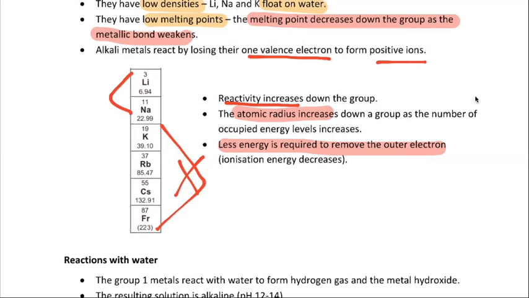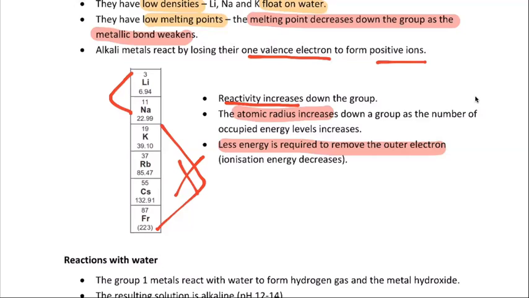So it's really easy for me to take an electron from francium or cesium. Lithium, it's still fairly easy to take it, but not as easy as the other ones further down. And so the more easily it loses that electron, the more reactive it is. So that's kind of explaining the reactivity for the alkali metals in terms of their ionization energy and the ease